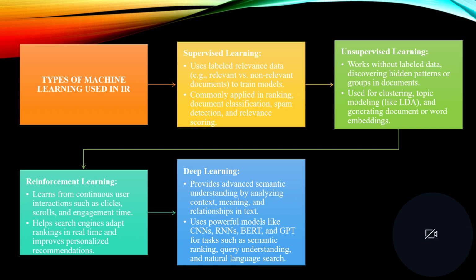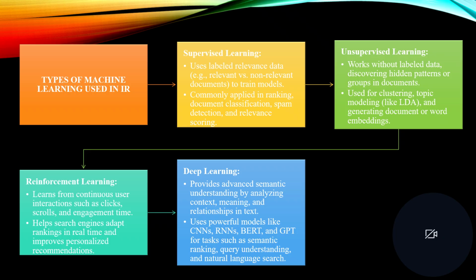The second one is unsupervised learning. In this method, the model analyzes patterns without labeled data. It is commonly used for clustering, topic modeling, document grouping, and user segmentation. For example, a news website may cluster articles into themes automatically without human labels. The other one is semi-supervised learning. This model combines a small amount of labeled data with large unlabeled data, which is useful for labeling. An example is that a few queries are manually labeled and the system learns the rest from user clicks